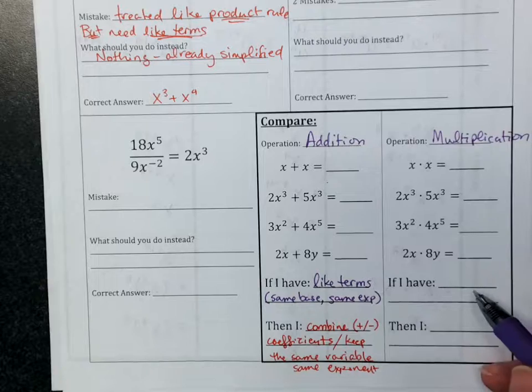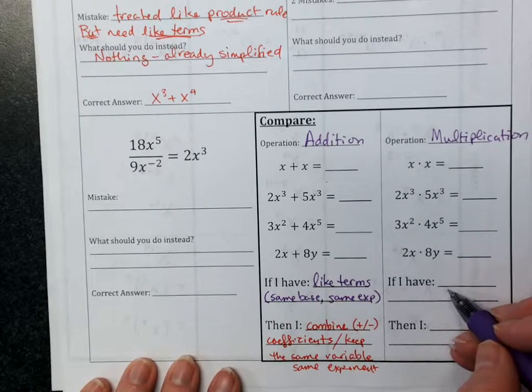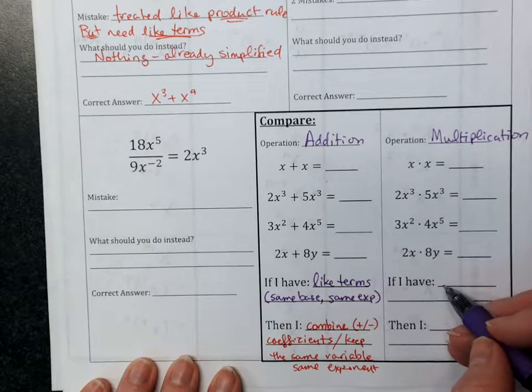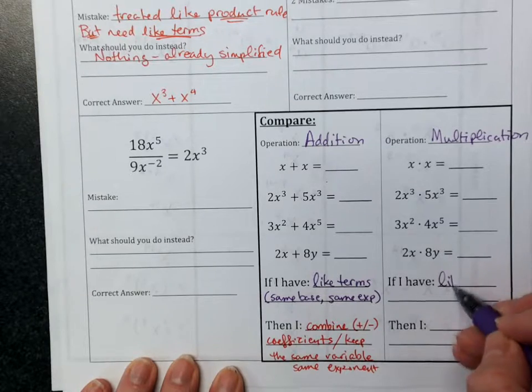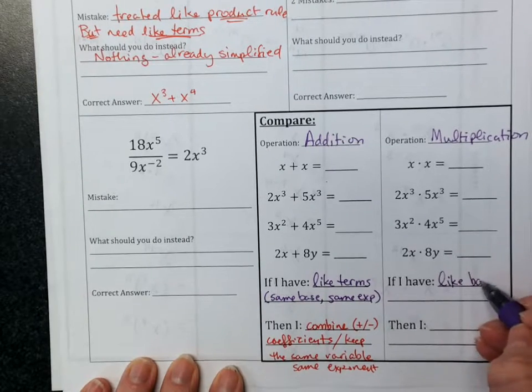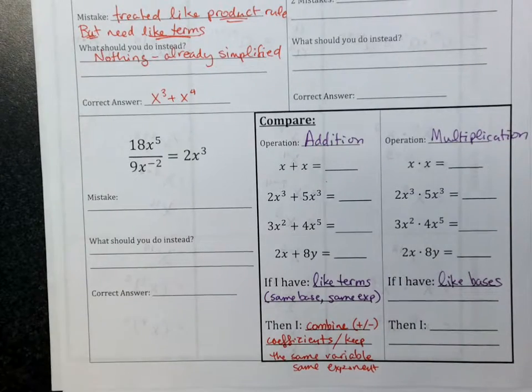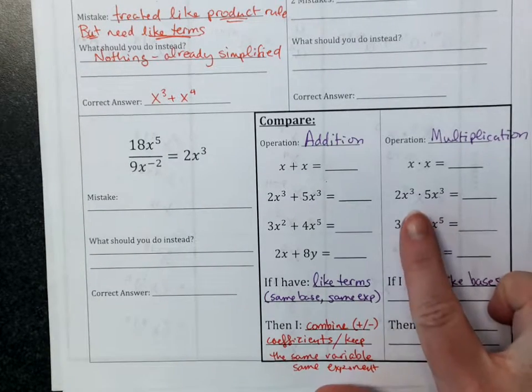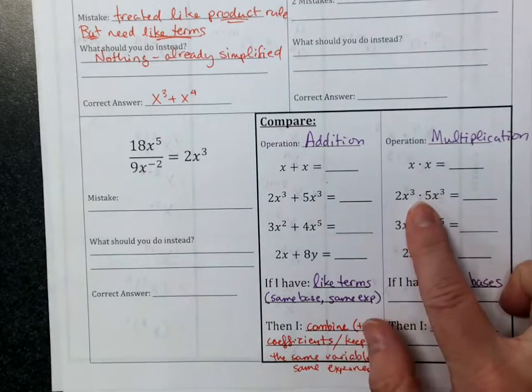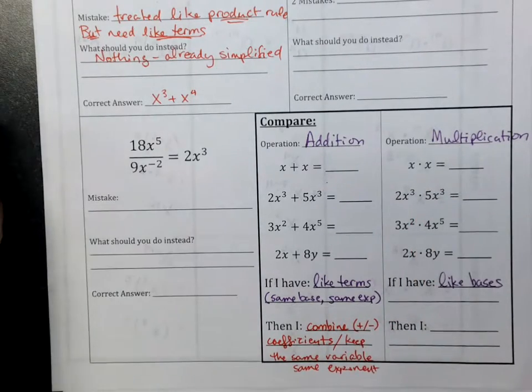Now for multiplication, what do you need? Just the same base. Right, this isn't as strict, you just need the like bases. And if you have like bases, what will you do to the coefficients? So that you're multiplying, what do you do to the coefficients? Add